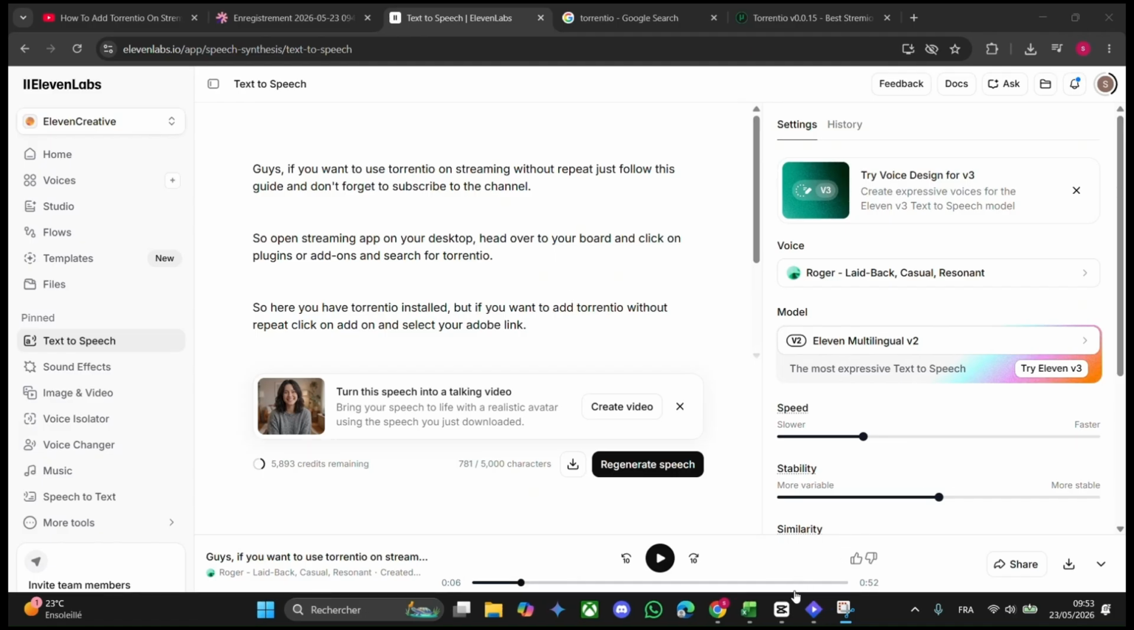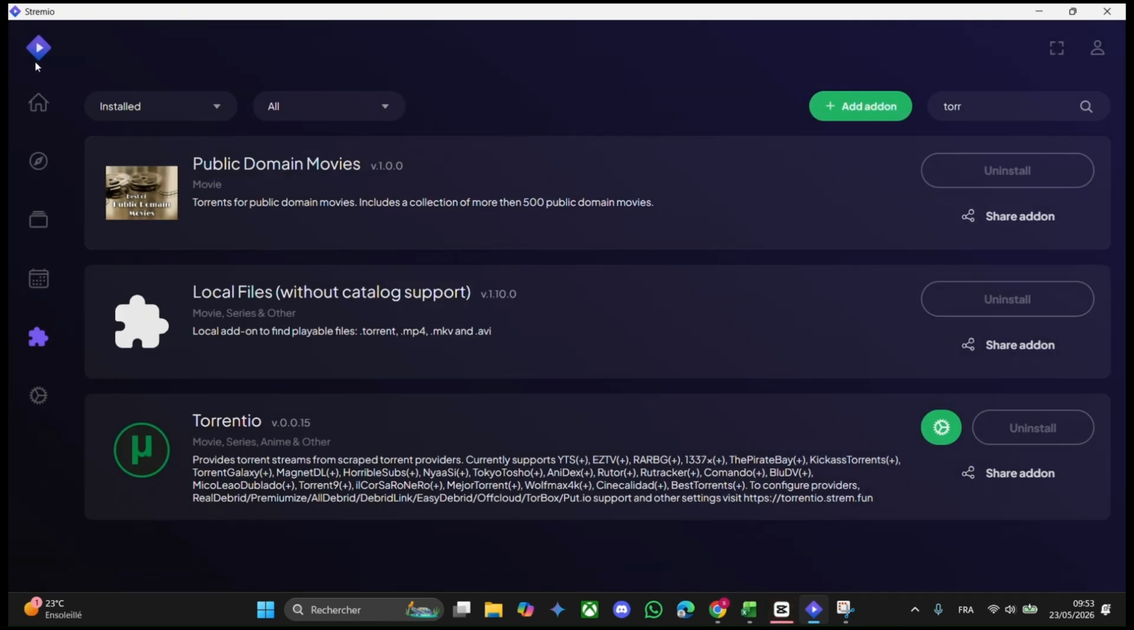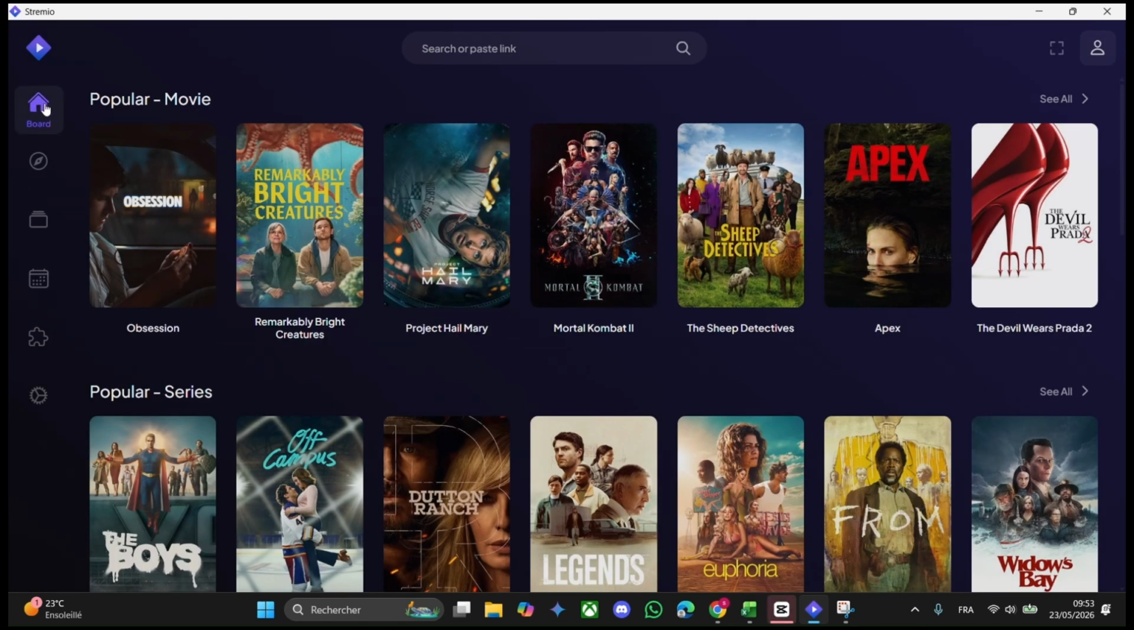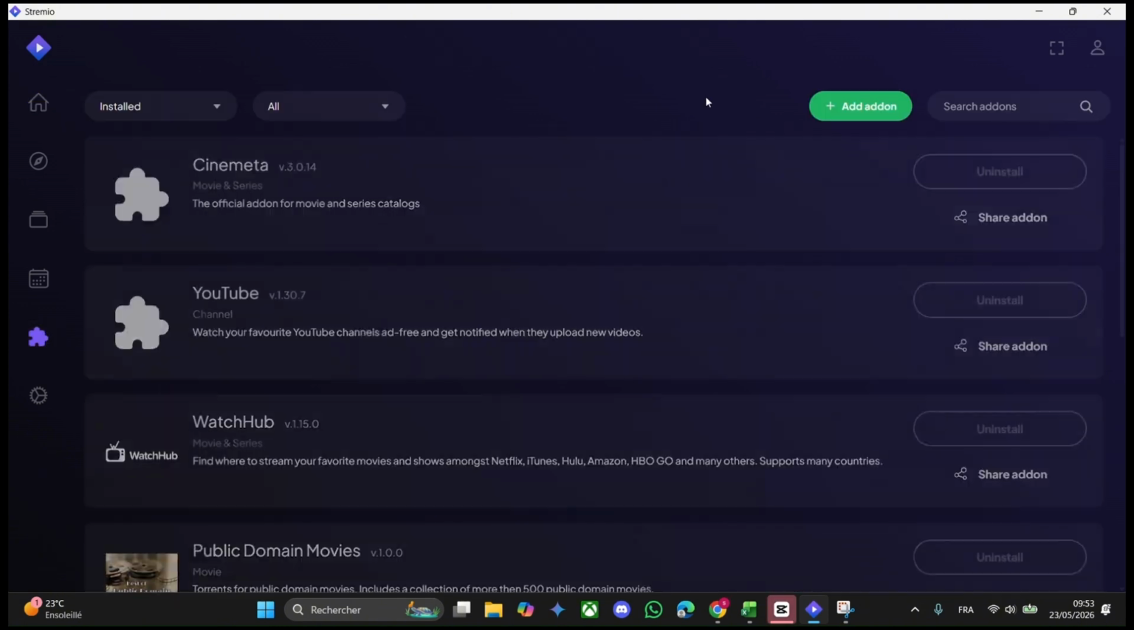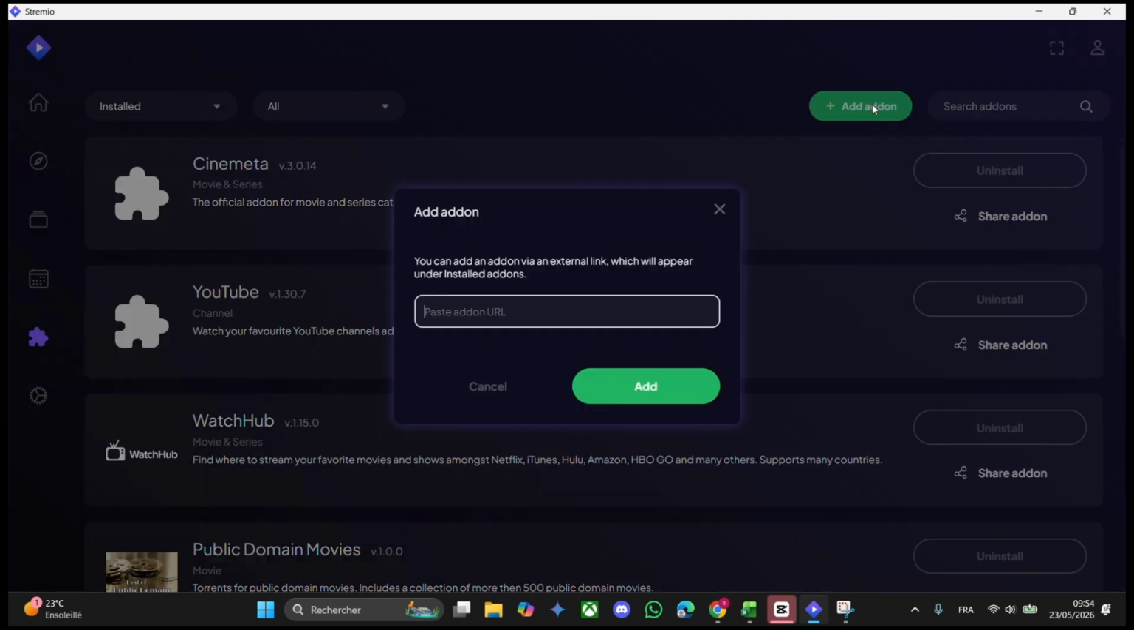Guys, today I will show you how to install add-ons directly on Stremio. Open Stremio on your desktop, head over to the Board and then select Add-ons. Here you have the selected add-ons, the installed ones, and all the types of add-ons. If you want to add an add-on, just click on Add Add-on and paste your add-on URL after you